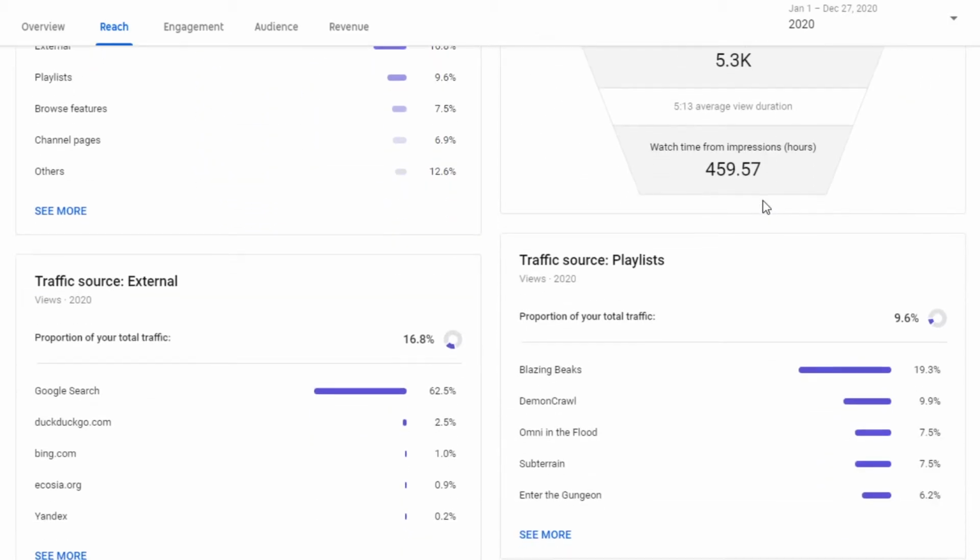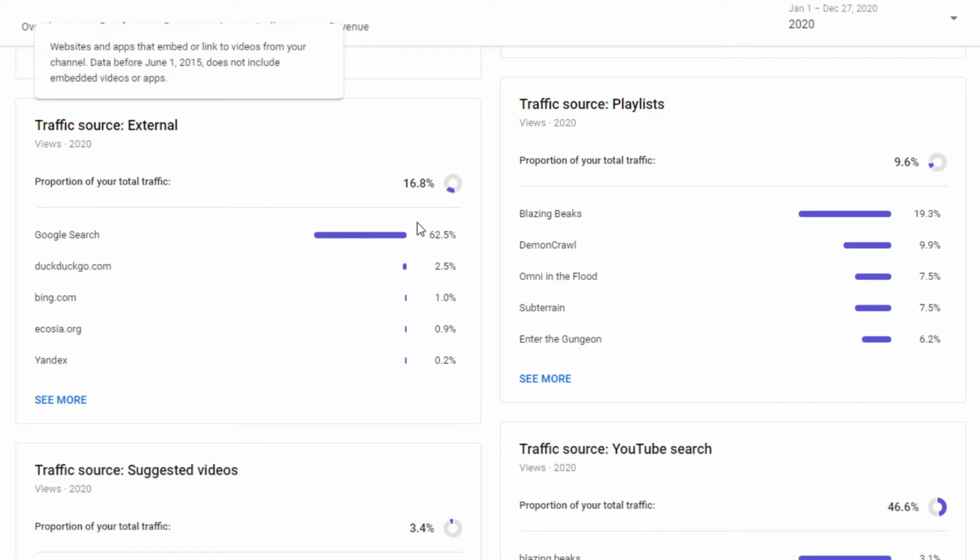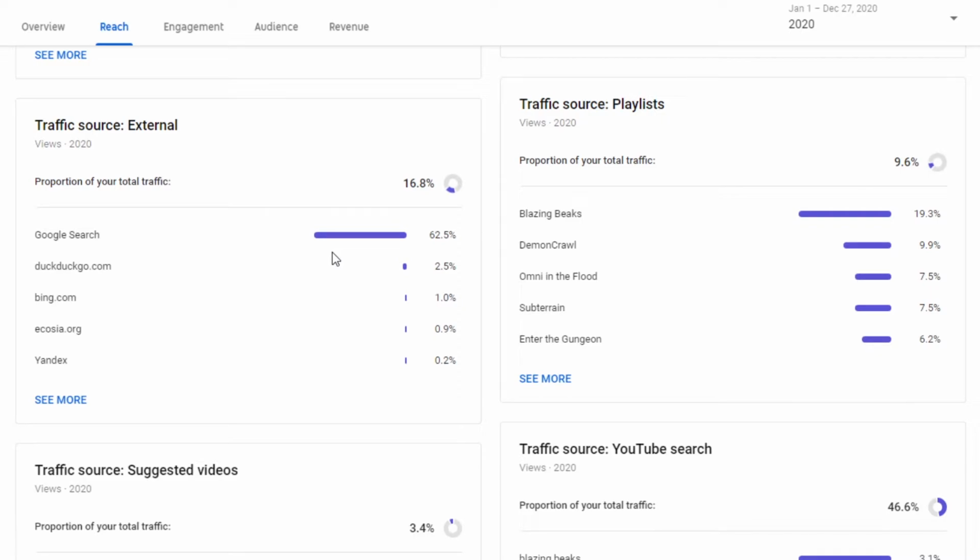And then there's, look at all this data. Oh, okay, this is a breakdown of the external. I did briefly look at some of this, but there's so much data here. So people Googling my stuff is apparently the biggest way that things get found. But DuckDuckGo is apparently another option. Interesting. 1% of people come through Bing. I don't even know what ecosia.org is. That's concerning. Occasionally I do get spammers in the comments, and I wonder if that's where some of that is, but I have no idea. If this is you, if you come through ecosia.org, let me know, please.